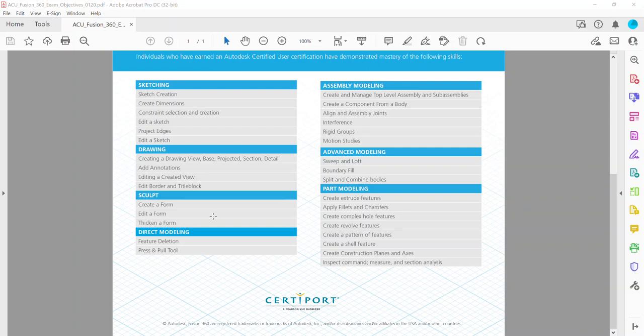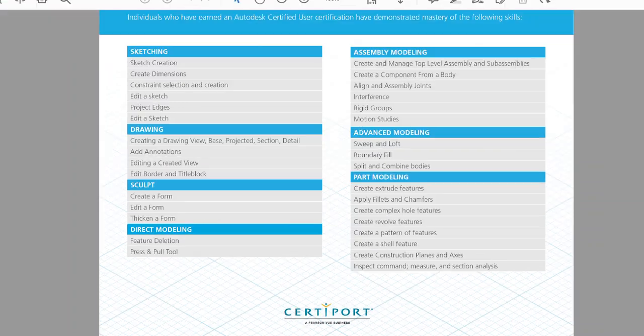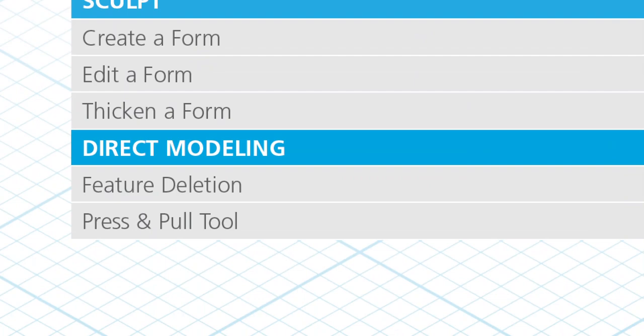In this video, we're going to cover another exam objective for the Autodesk Certified User Certification dealing with Fusion 360. So in this video, we're going to move to the direct modeling category. And there's only two objectives here. We're going to focus on feature deletion and just going through and reading that model history tree that you see